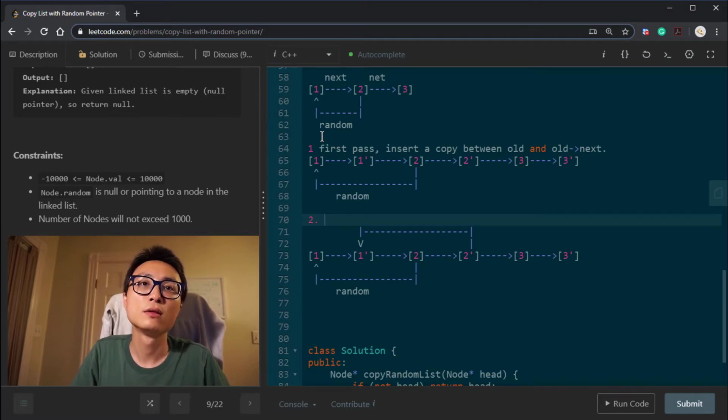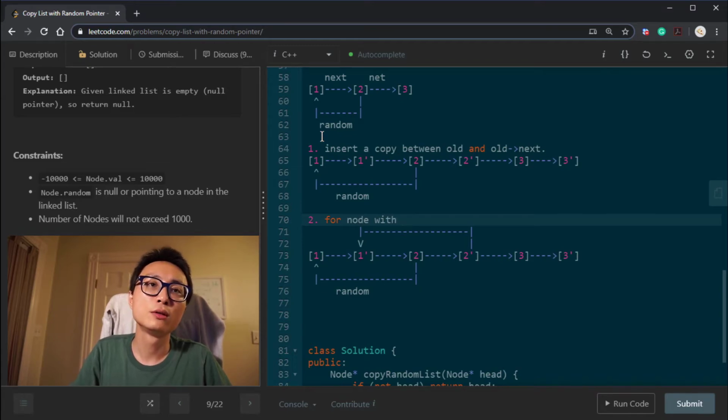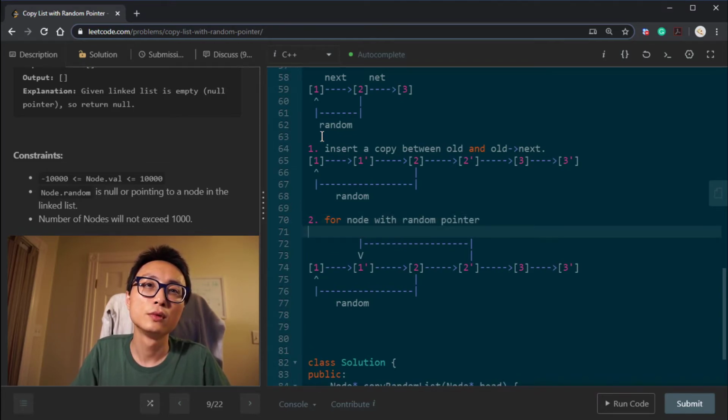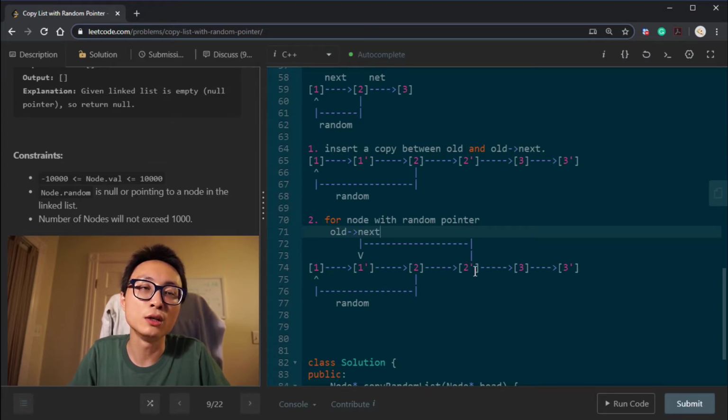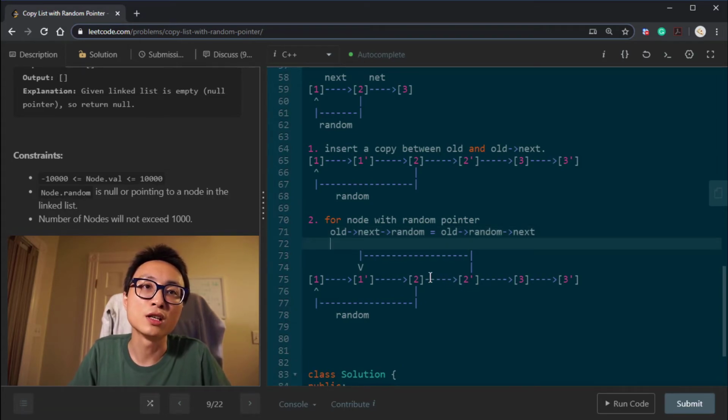Second pass, for a node with random pointer, we're gonna set node.next, which is gonna be its copy in the new linked list, .random equal to node.random.next. So in our example here, 2's next is gonna be 2 prime.